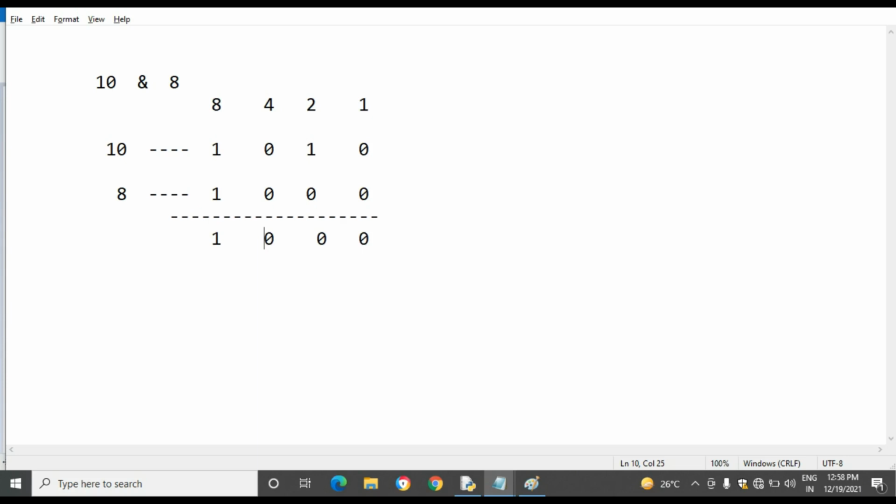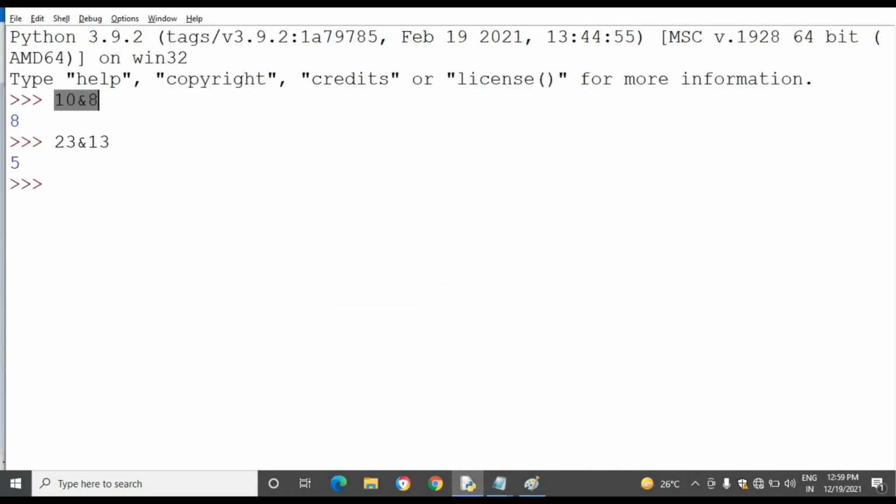So 8 4 2 1, 8 is true, so 8 plus 0 plus 0 plus 0 is equal to 8. So the result is 8. The interpreter has displayed the result as 8. Like that it has performed for the other bitwise AND operation also.